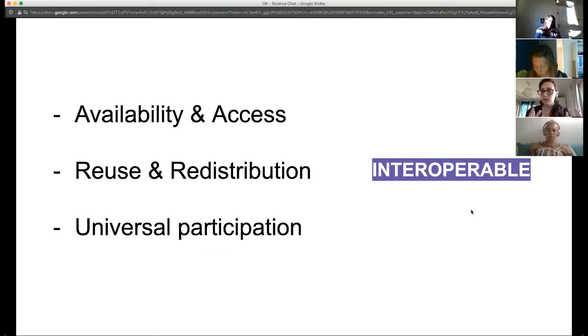So the final end goal of all these things is that your data is interoperable. Because as I was saying before, the idea is that open knowledge is built upon building blocks of open data that can talk together. And the only way that we can make data talk together is if it is interoperable, which is something that currently doesn't happen much.